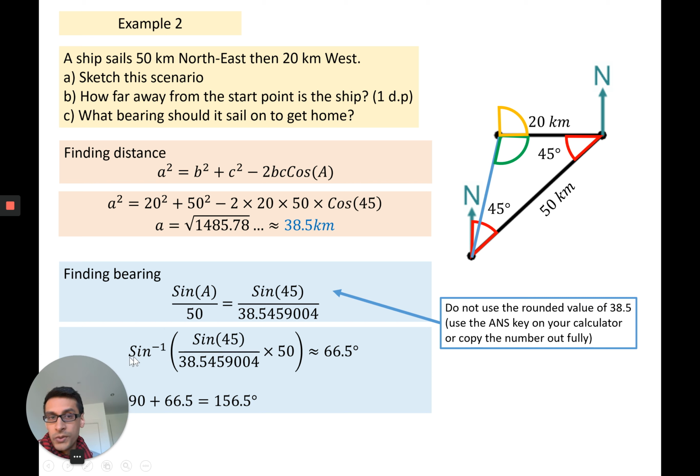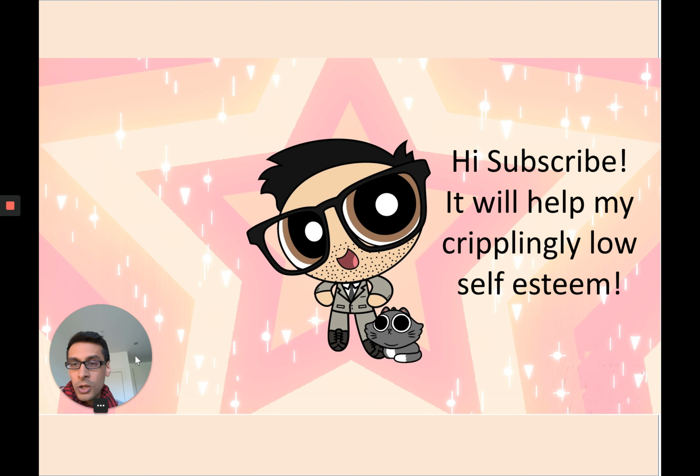So these are the two examples just to give you the idea of bearings. So I'm going to do the example